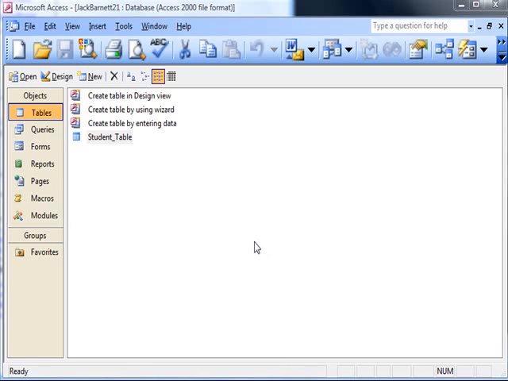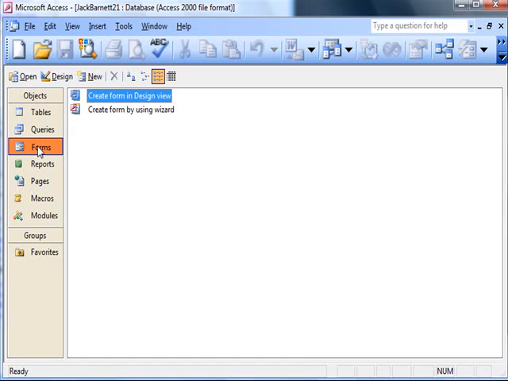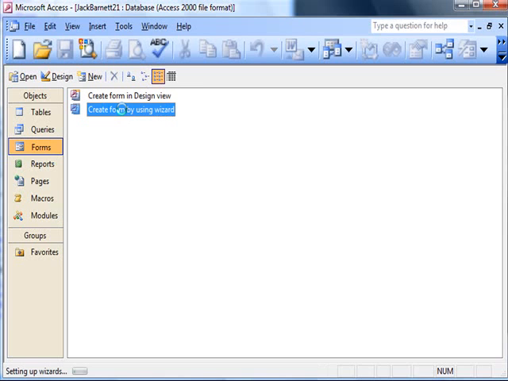Lesson 2 in Access is going to take us from tables to forms. So I'm going to click onto there. Now, sometimes when you're using Access, it's reasonable to create a form using Design View. But this is quite difficult. It's actually easier to use a wizard, so I'll do that. If I double click onto there,